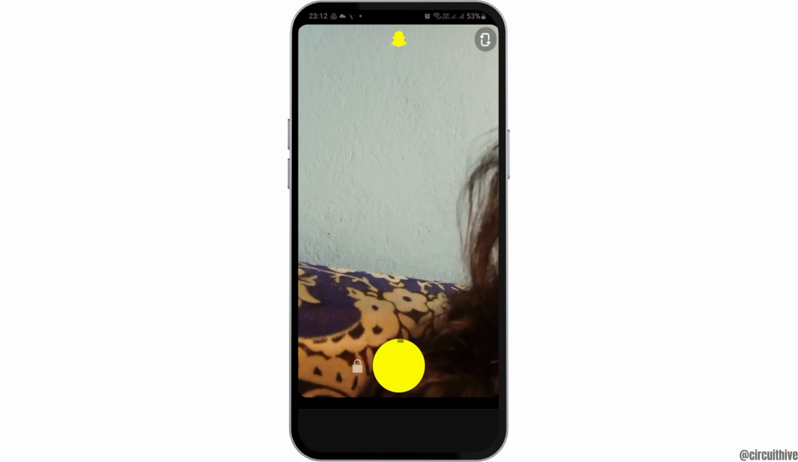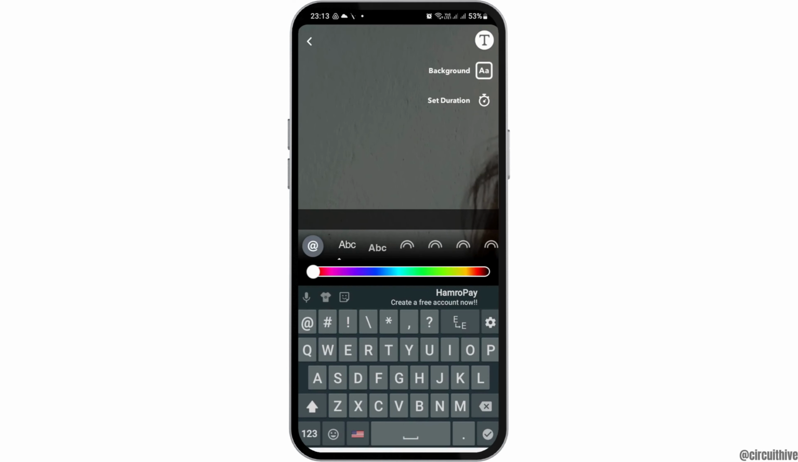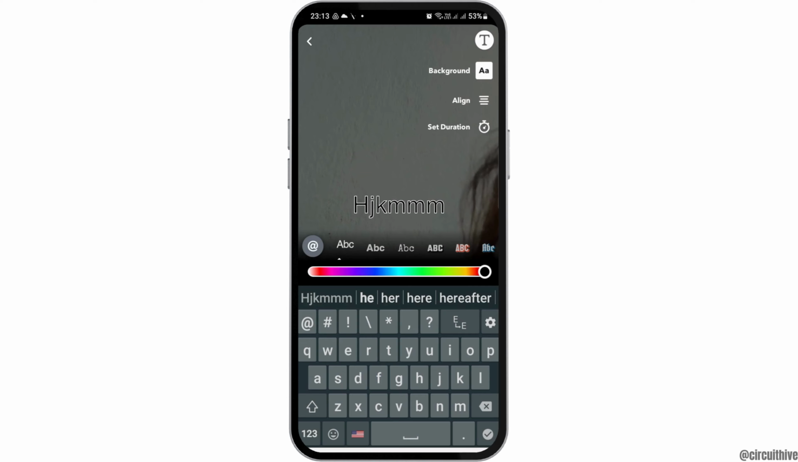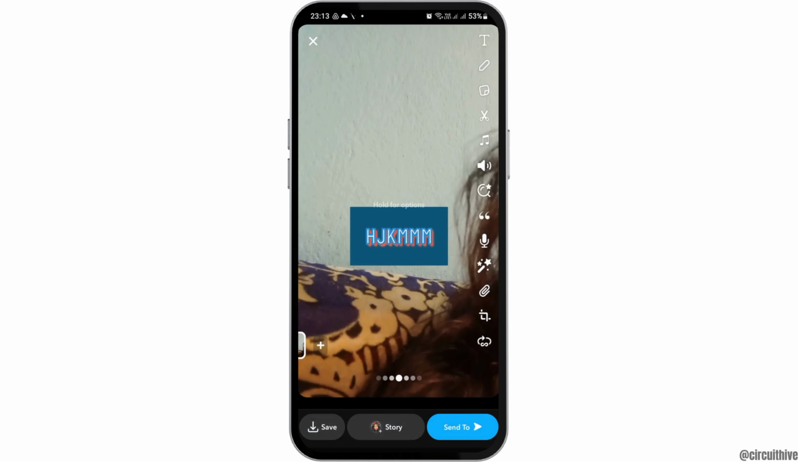Tap like this, a video will be recorded on Snapchat. Now, after you record the video on Snapchat, you can see a lot of options to edit it. For example, you can add text here by just tapping on the text option like this. You can also set a background for the text like this, and then you can also go to the next